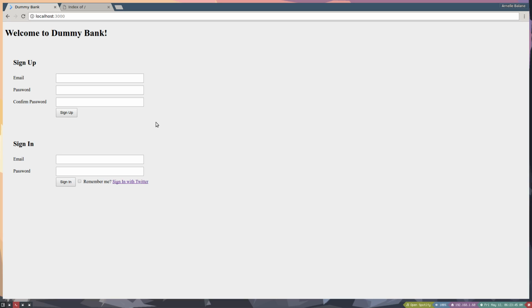Hello everyone. Today I'll be showing you how to deploy Node.js or ExpressJS web applications. So here you see the dummy bank app that you're all familiar with. I can also see that it's currently running on localhost, so that means it's running on my machine, and anyone else cannot access the dummy bank